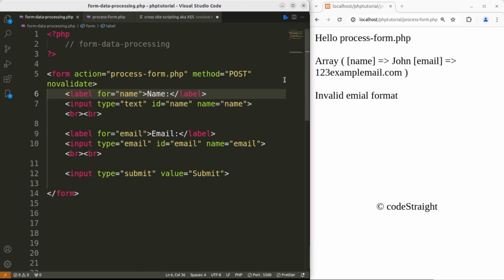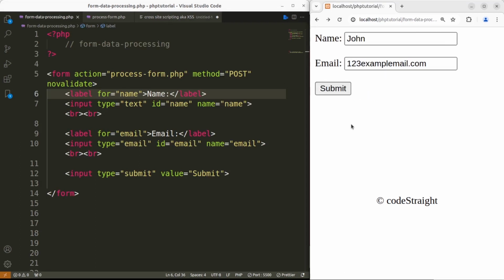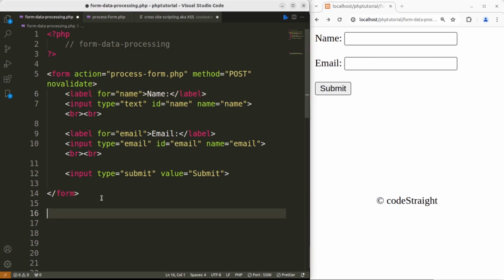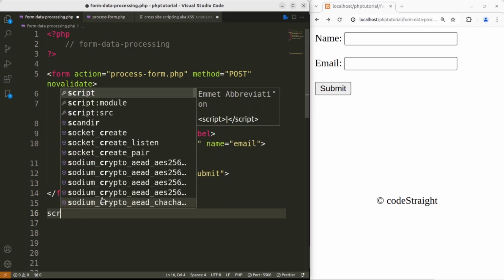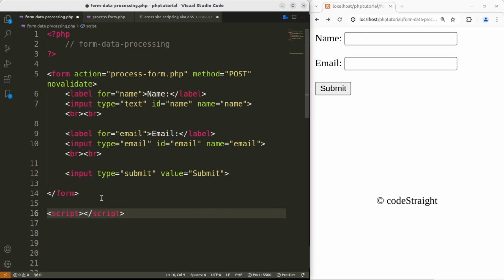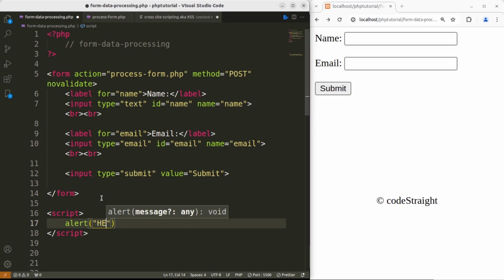Say if you do not have the preventive code, let's get back to the form. Let's hard refresh the page, and first let me prepare the input with the script tag, and within a script tag I'm gonna call alert. By the way, this is JavaScript, and if you need to learn more about JavaScript, you can watch my JavaScript based series and find the link in the description below. And let's add in here hello cross-site scripting XSS,